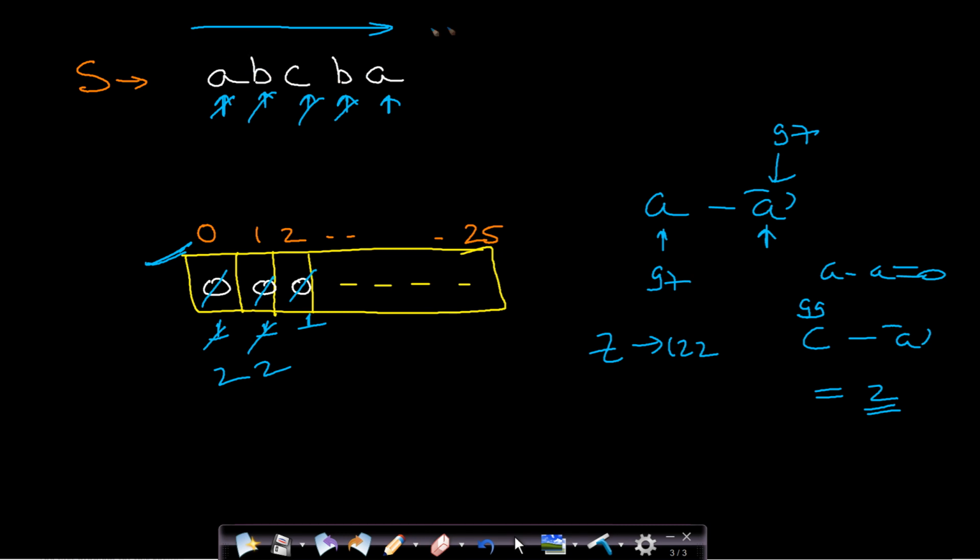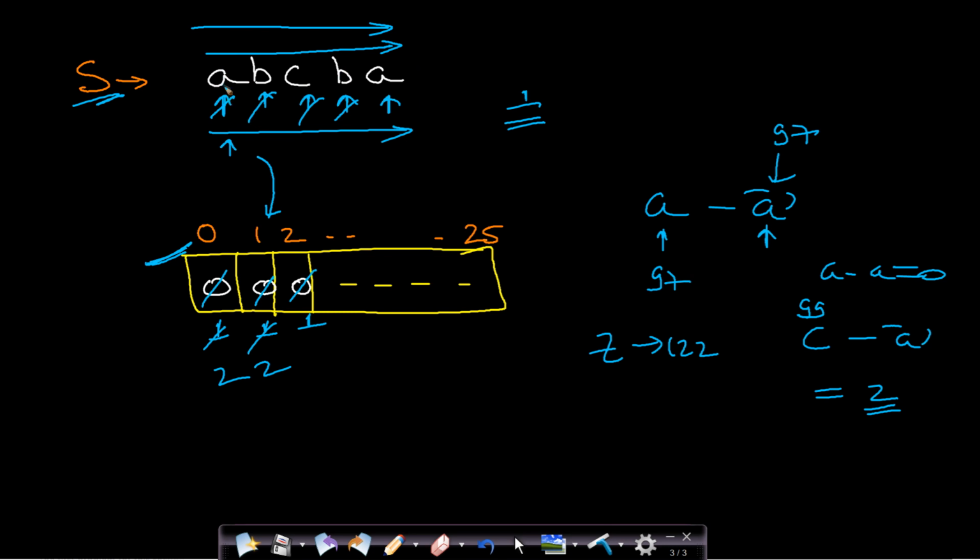Now when you are done with the first traversal, you will have the frequency of each and every character in this string. Now you just need to traverse this string again from the left hand side and see the corresponding count values. If you find that the corresponding count value is equal to 1, then it means that this character has occurred only once in this entire string, and since you are seeing it for the first time, you will just return the answer. So whenever you find the count of any character, moving from left to right, to be 1, you will just return it, saying that this is the first unique character.